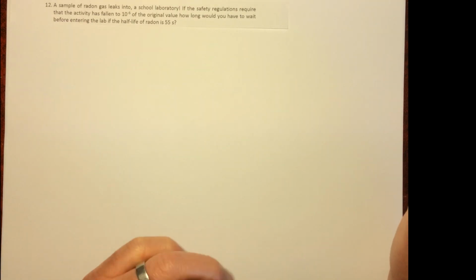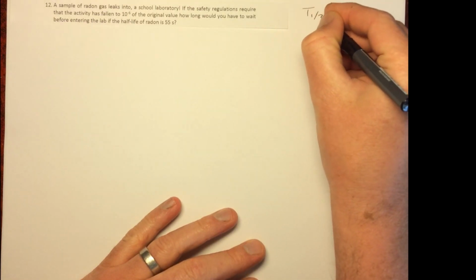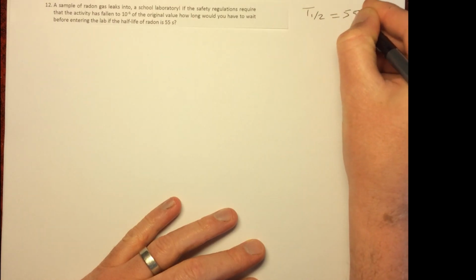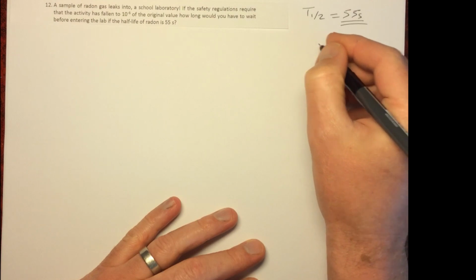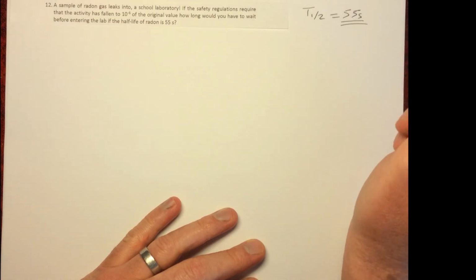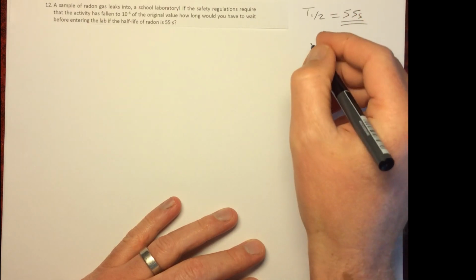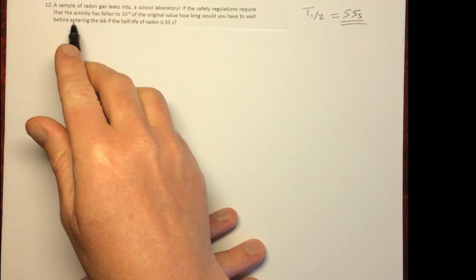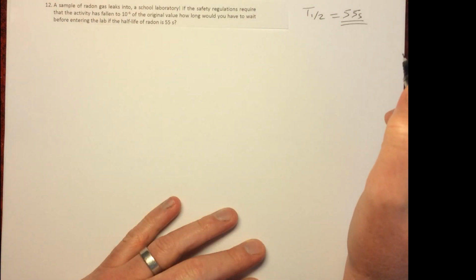Go through question 12 here. Now the first thing you need to do is write down what you've got, and it appears at first that you don't have enough information, but we know the half-life. Now it looks like we don't know the original and the final activity, and we don't, but we do know this. We know that the safety regulations require that the activity has fallen to 10 to the minus 6